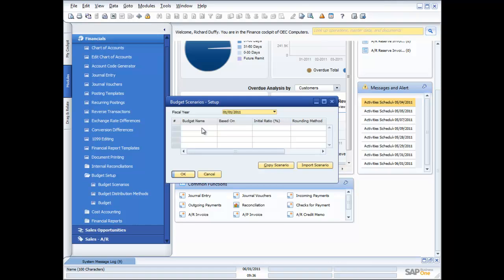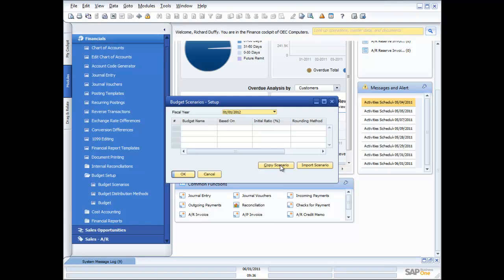Hopefully that makes sense. So we start off with one budget, and then I create a second budget scenario using that first budget as the baseline. So I can say, for example, I've got my fiscal year 2012,